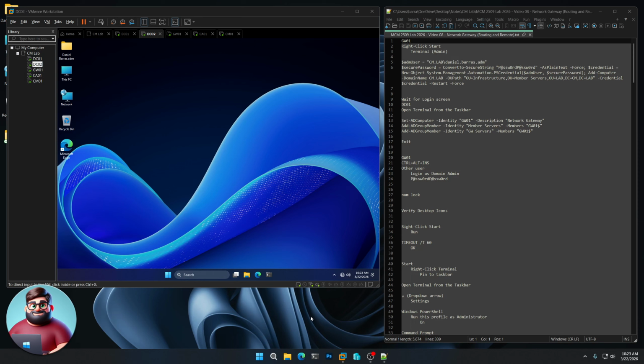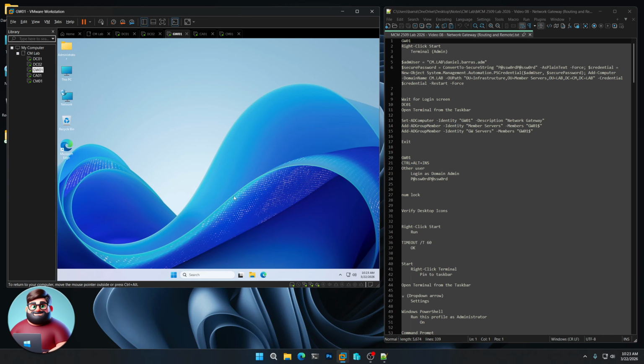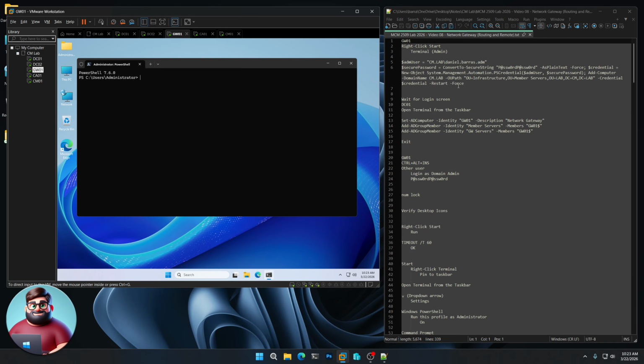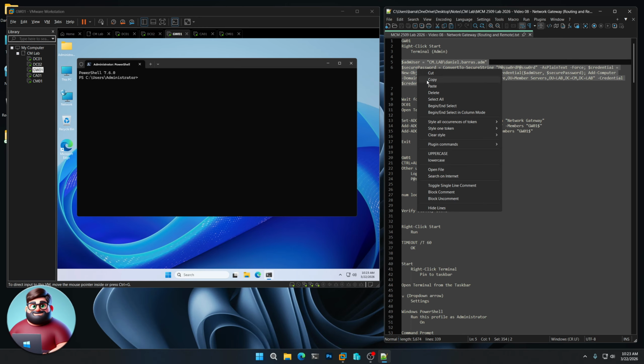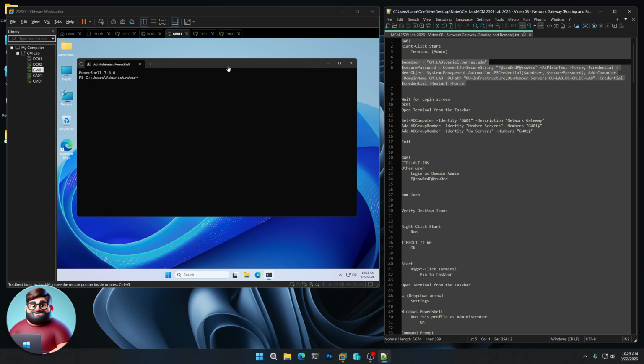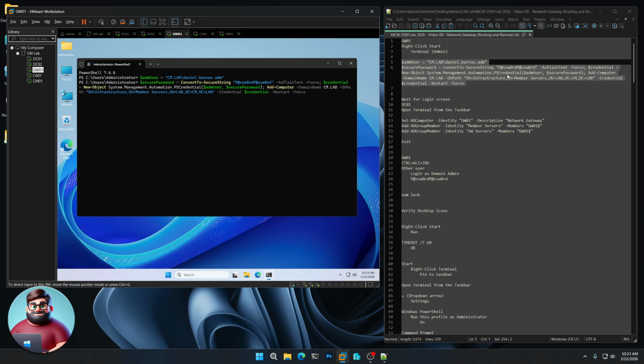In this next video, we'll be setting up our network gateway, routing and remote. So let's get started. Let's go to our gateway server. We're going to right click, start, terminal admin. We're going to join ourselves to the domain. So make sure you change this name here to yours and copy from 7 up to 5, paste, and we'll